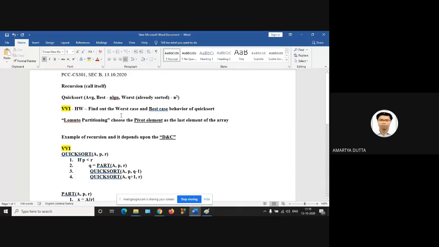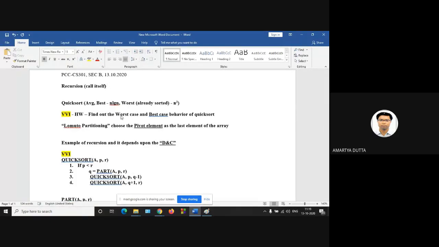Now recursion, there is another question. Difference between recursion and iteration. Every year this will be your short question, 2 or 3 marks maximum. What are the differences between recursion and iteration? Which one is best and why? Iteration is best, but you have to find out why iteration is best.